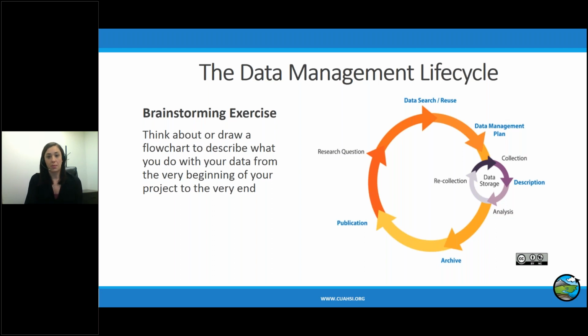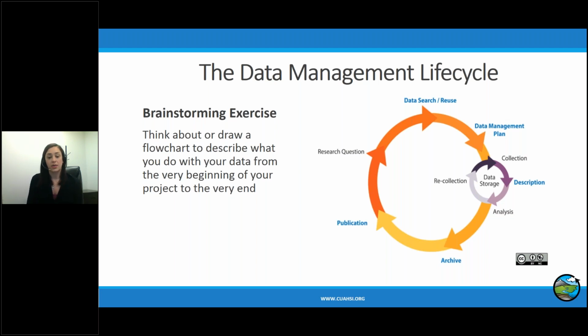Data management plans are required by most funders, and they help to document the life cycle of your data, providing details on data collection, storage, processing, analysis, sharing, tons of stuff. So it's really important that you have that all done before you actually start collecting. And so then you may move into a collection part of it and have a cyclical process of describing the data, analyzing, recollecting, and you want to store that data somewhere, obviously. Then you might move into the archival process. So hopefully you're looking at a collaborative environment, somewhere to put that data online for reuse.